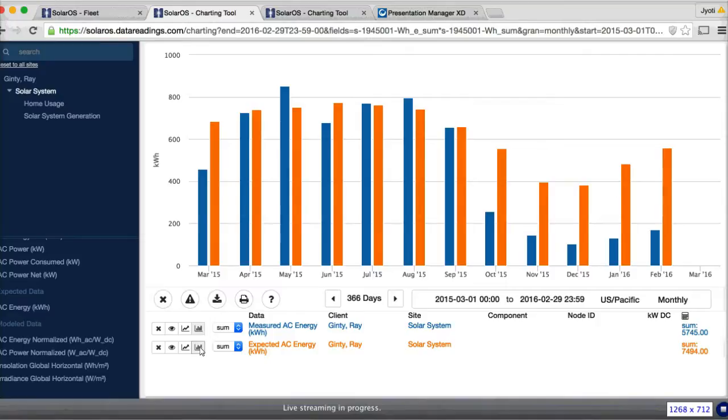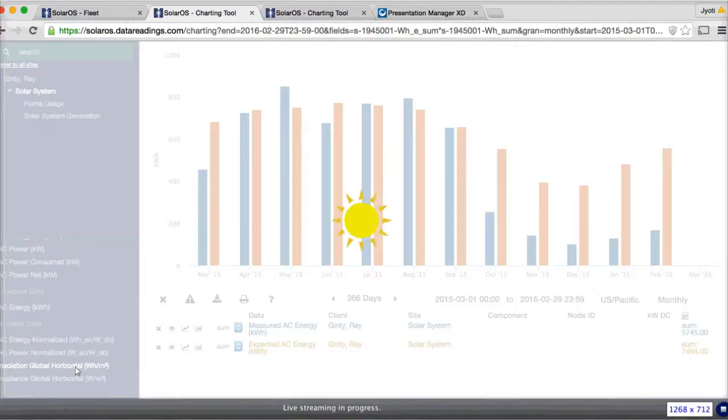And you can see right away that the site seems to be doing fine during summer of last year, but in winter it seems to be doing really bad. It's performing less than 50% during all of these months. So what's going on? I'm going to next plot this insolation data, which is nothing but your irradiance summed up, just like you sum up power and get to the energy data. As I plot this insolation data, which by the way is also coming from our virtual irradiance product,